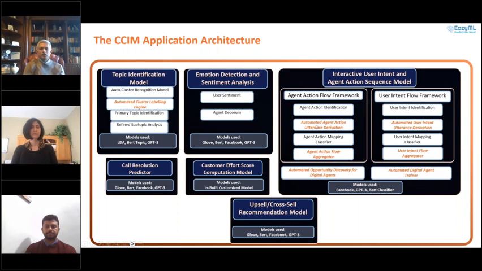The thing that you see in orange, highlighted in orange text, is what makes CCIM so unique. For instance, it says automated cluster labeling. What the heck is that?